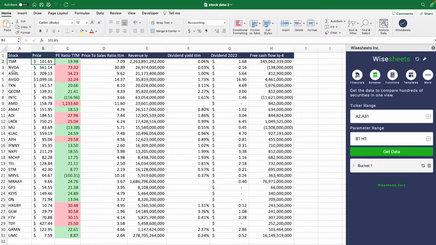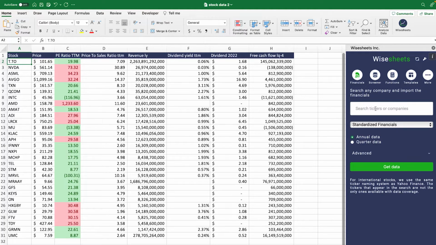Now, I mentioned that you need to use the Yahoo Finance ticker system. So for example, for American stocks, which all these companies are American stocks, there's nothing for you to worry about. But for example, let's say that you invest in international stocks like the Toronto Stock Exchange. If we want to get the data for TELUS, the ticker is T and the extension is .TO. This is something that again you can find on the Yahoo Finance website, or you can just simply look for